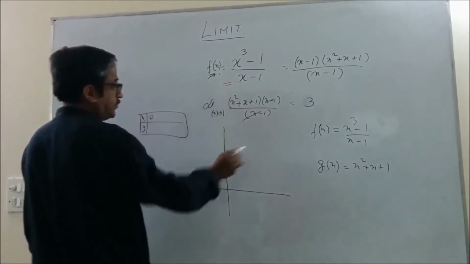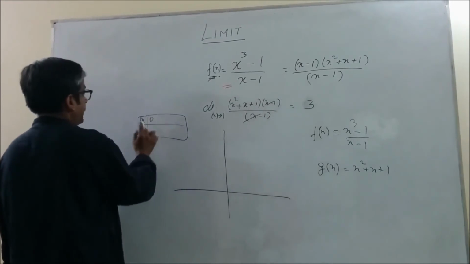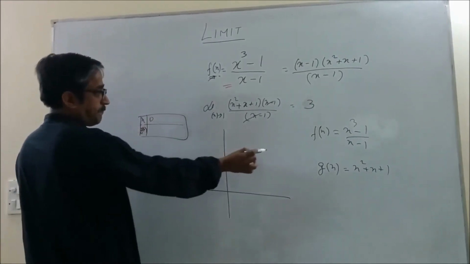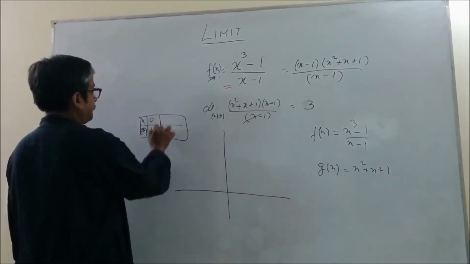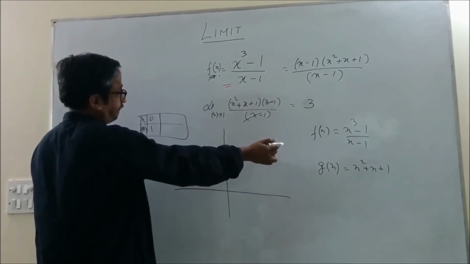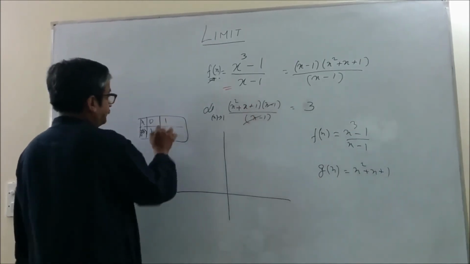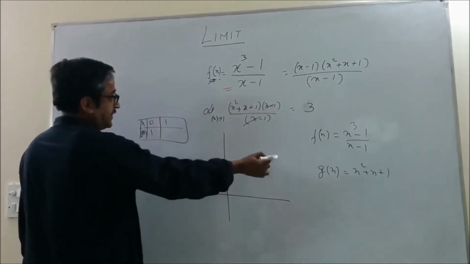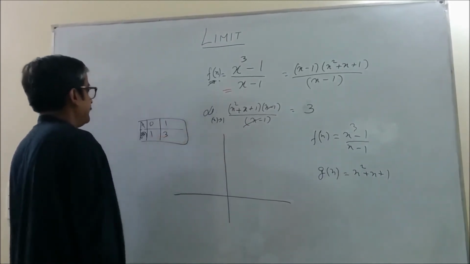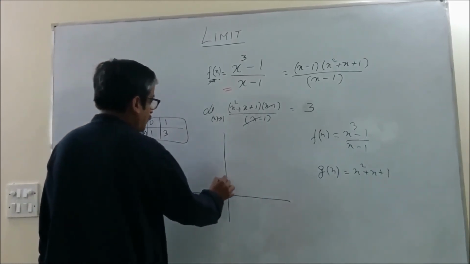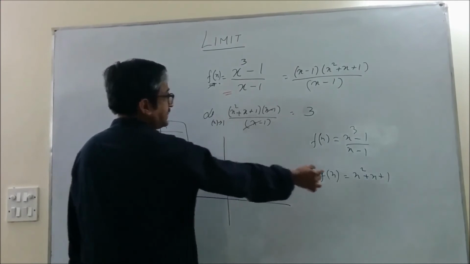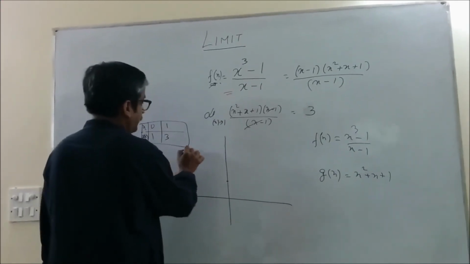I put x equals 0, my gx will be 1. And if I put any other number, x equals 1, my gx will be 3. So x equals 0, 1, x equals 1, 3, and as it is a quadratic function, we will have a